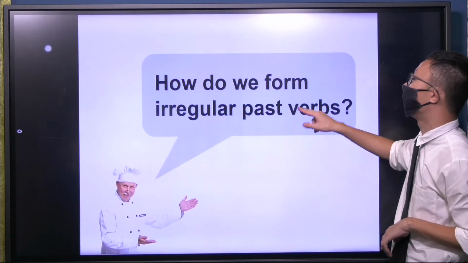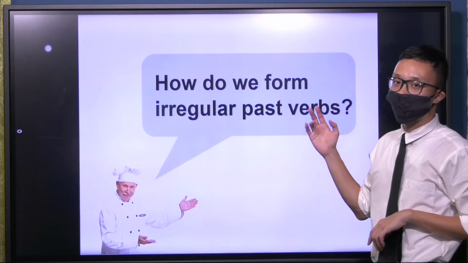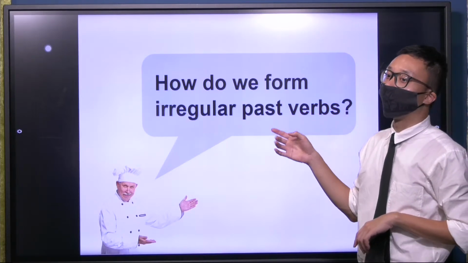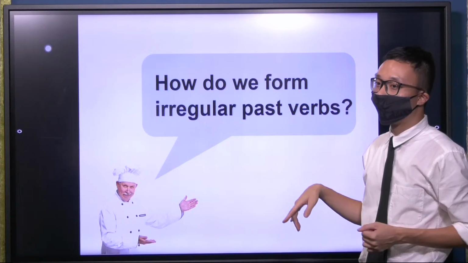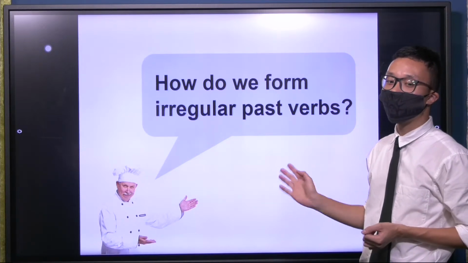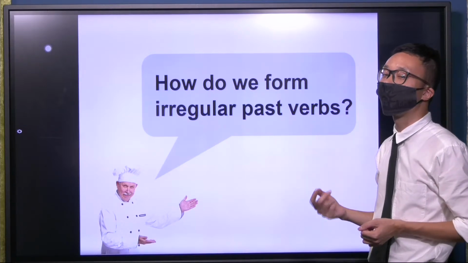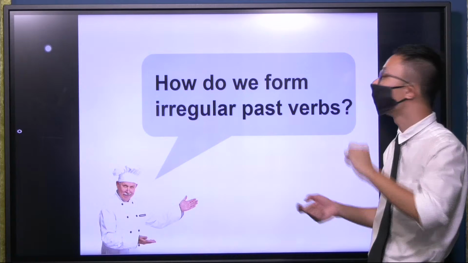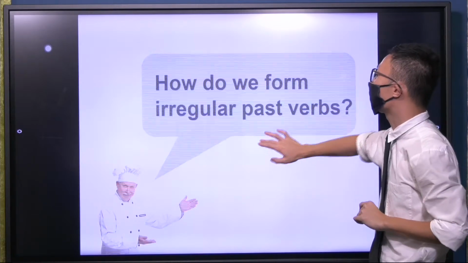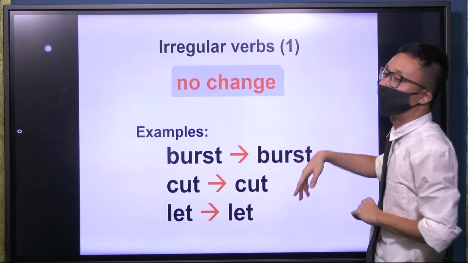And how do we form irregular past verbs? Do you know any irregular past verbs? Well, I'll just show you one. Went. You remember the word go, went, gone? You probably learned that in primary school. The word went is a special one. When we talk about go in the past tense, it's not G-O-E-D. It's went. All right? These are irregular ones. This one, you have to remember by heart.